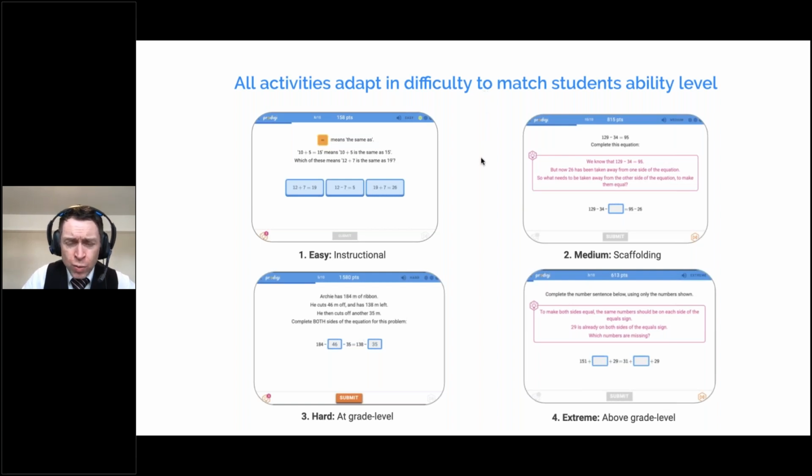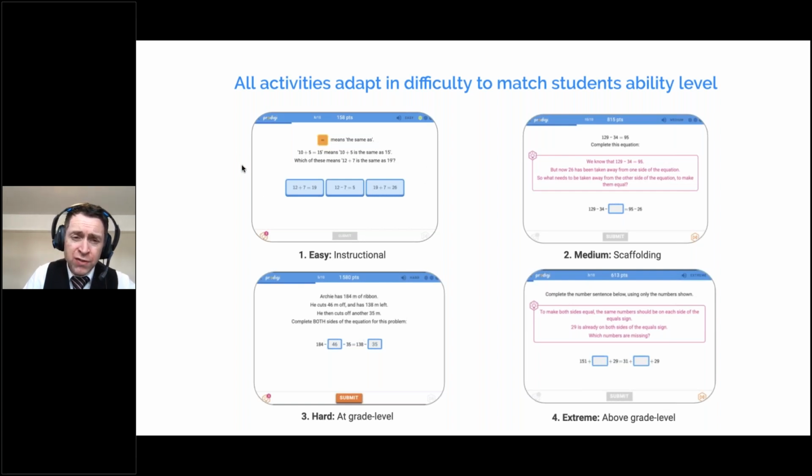So when they try one of our quiz activities, they'll try 10 questions each time they have one go. They'll start with the easy questions when they have their very first attempt, and the easy questions are designed to get them going. They are there to maybe teach them a few things. They're there to guide them. Often the easy questions actually tell you what to do. So answering the easy questions correctly doesn't prove that they understand the activity. They won't pass or get a medal by just answering the easy questions.